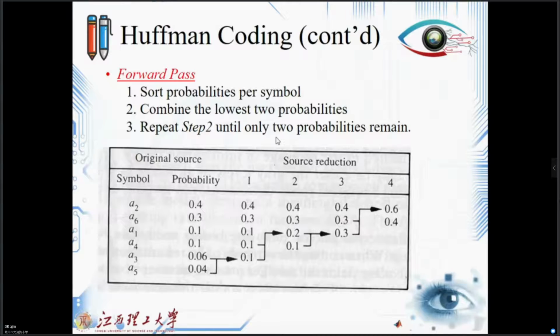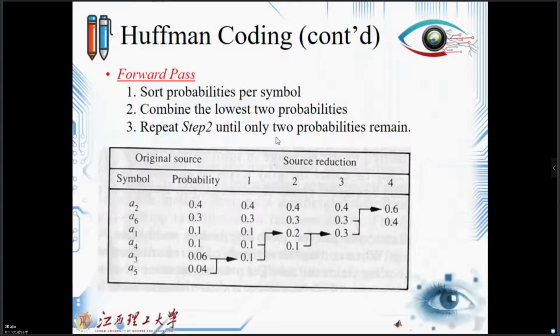Suppose the problem tells me that the probability is 0.4 for A2, 0.3 for A6, 0.1 for A1, again 0.1 for A4, 0.06 for A3, and 0.04 for A5. And if we sort this data from up to down,